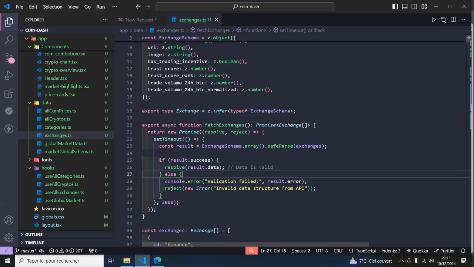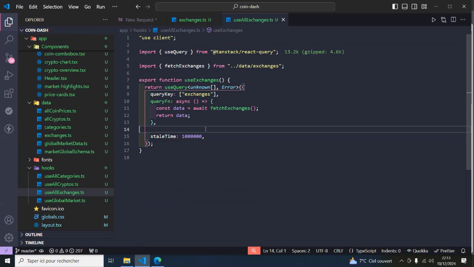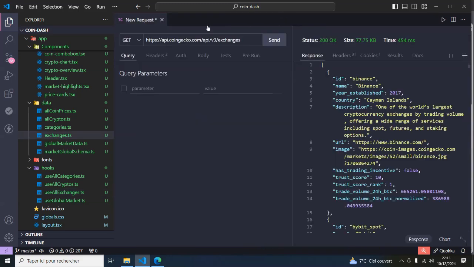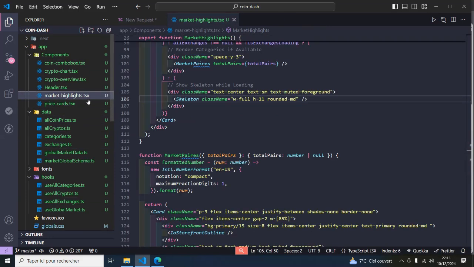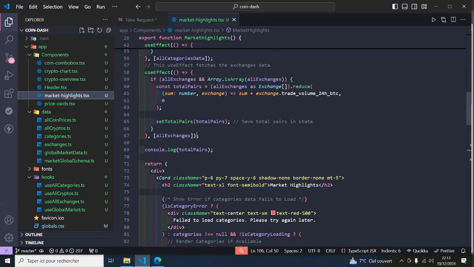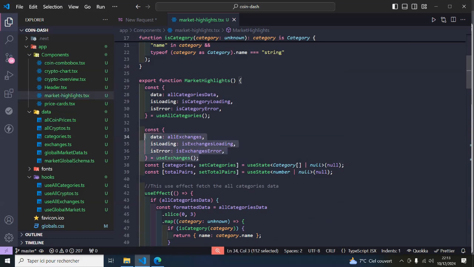After we created this, of course, we need to create the custom hook. So I created the useAllExchanges.js. It's the same structure that we did for the other elements. The difference here is we're going to use the fetch exchanges function. After we created all of this, we can now go to the market highlight.tsx. Here we are going to be adding this part